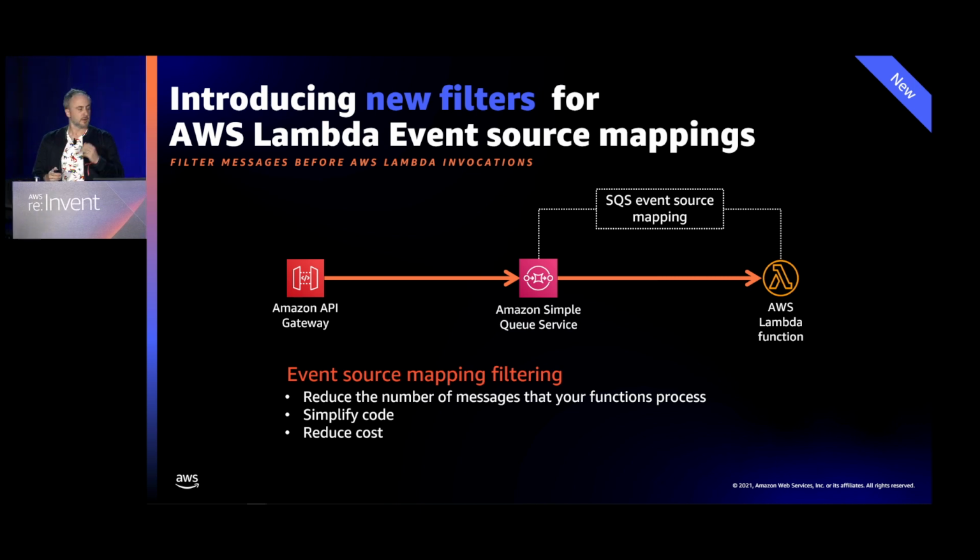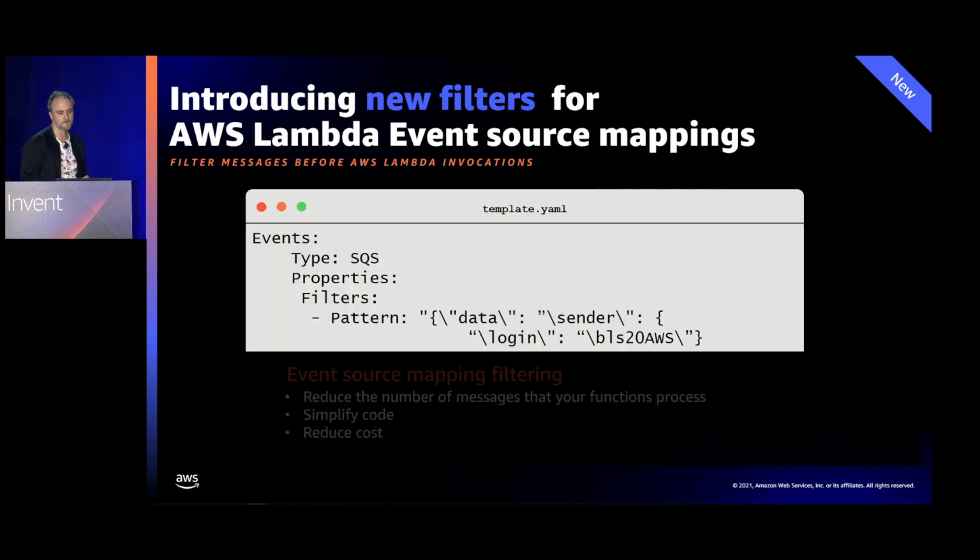If it's not present, it will still take that message off the queue as if it's been successful, but it won't invoke my Lambda function. And that's good because that means I don't have to put that logic in my Lambda function, right? If I put that logic in my Lambda function, then my function would have to run in order to check if it needed to do anything. So I'm reducing the amount of times I need to invoke Lambda. I'm reducing code from my Lambda function. This is an example of what that pattern looks like when you create it with AWS SAM.